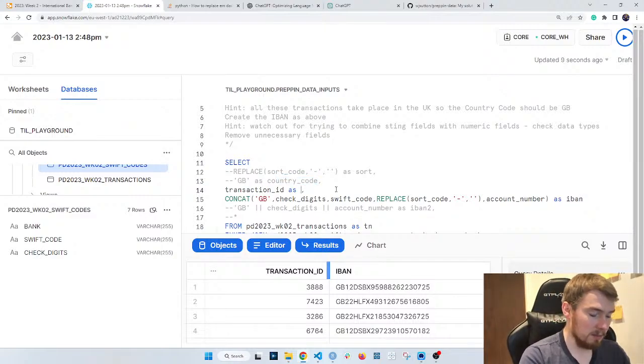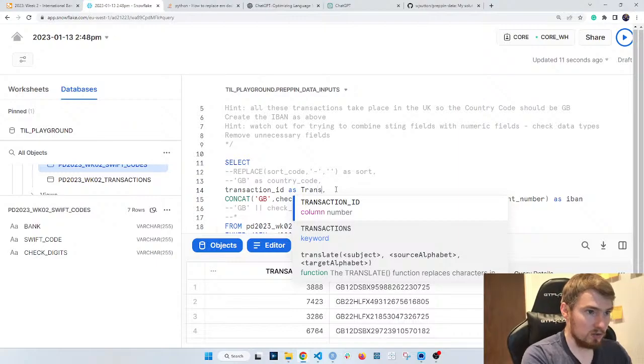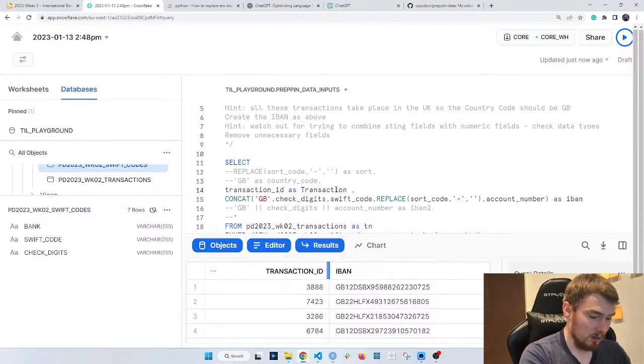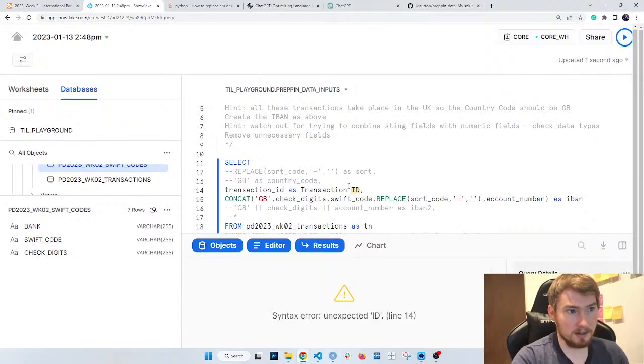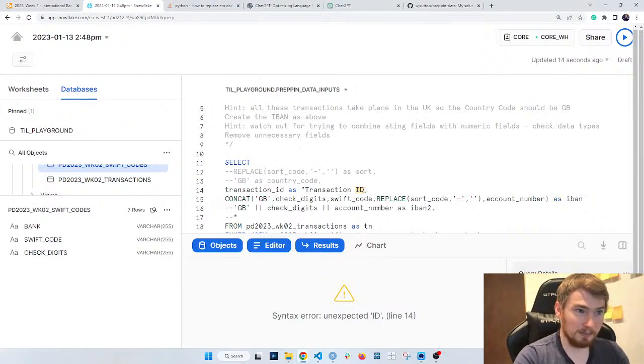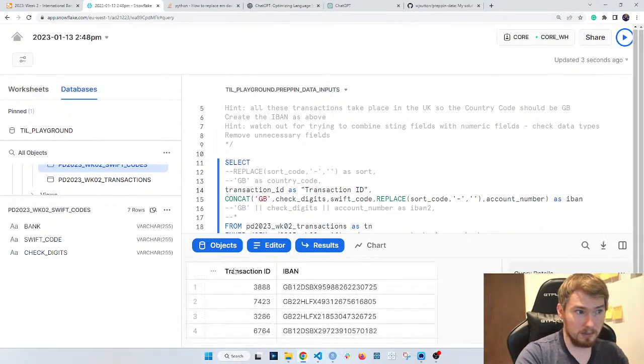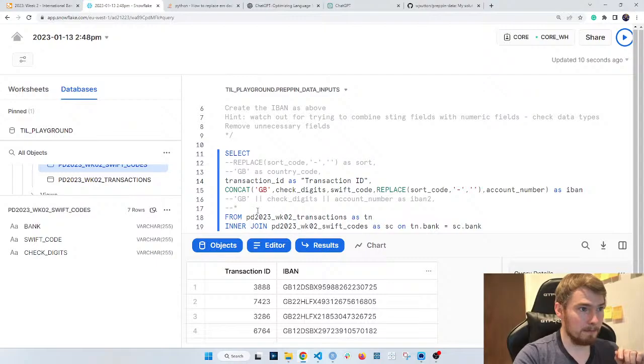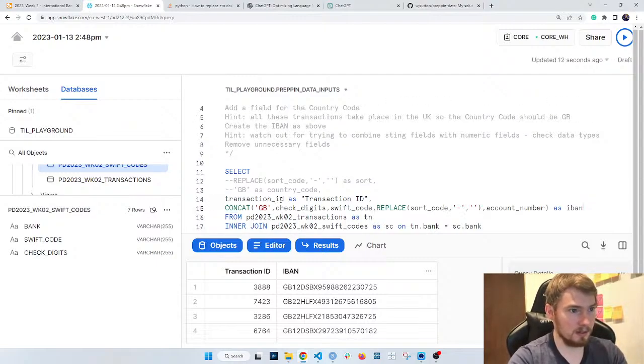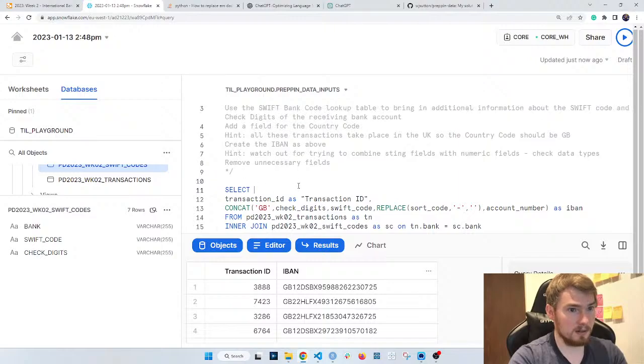In this case, if I write transaction ID with a space and press play on this, SQL's going to say, oh, what's going on here? Because you have an alias and then you have something else that's not meant to be there. So if I put this in double quotes, and there we go. I've got my transaction ID in that nice format, and then my IBAN as well. Okay, so I can delete that, delete that.